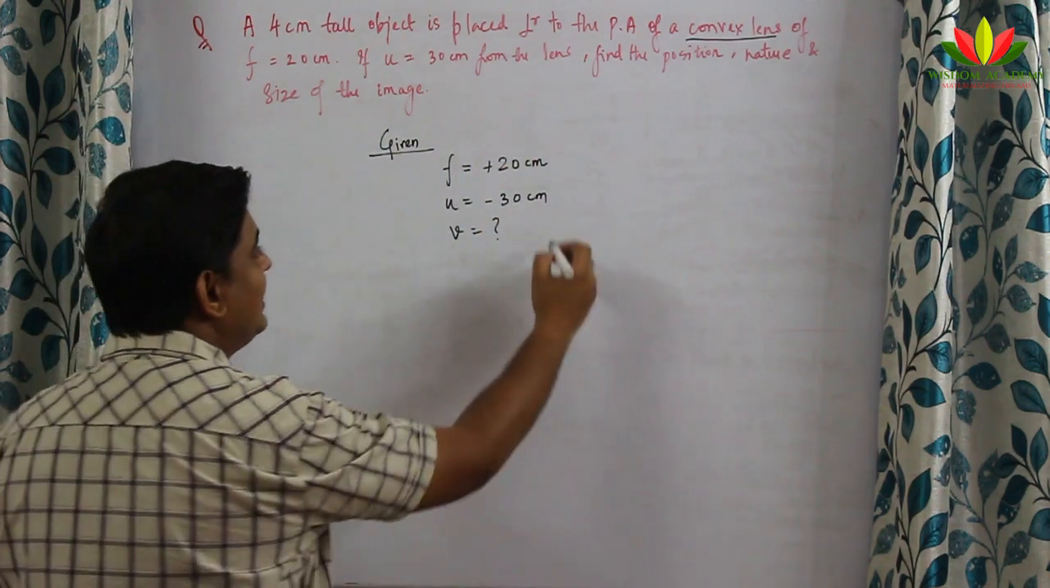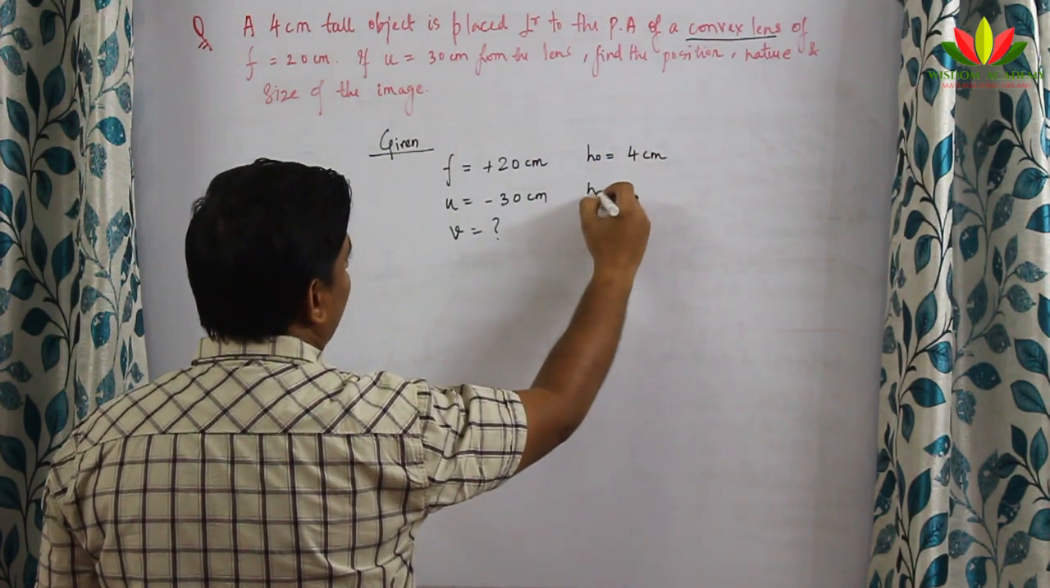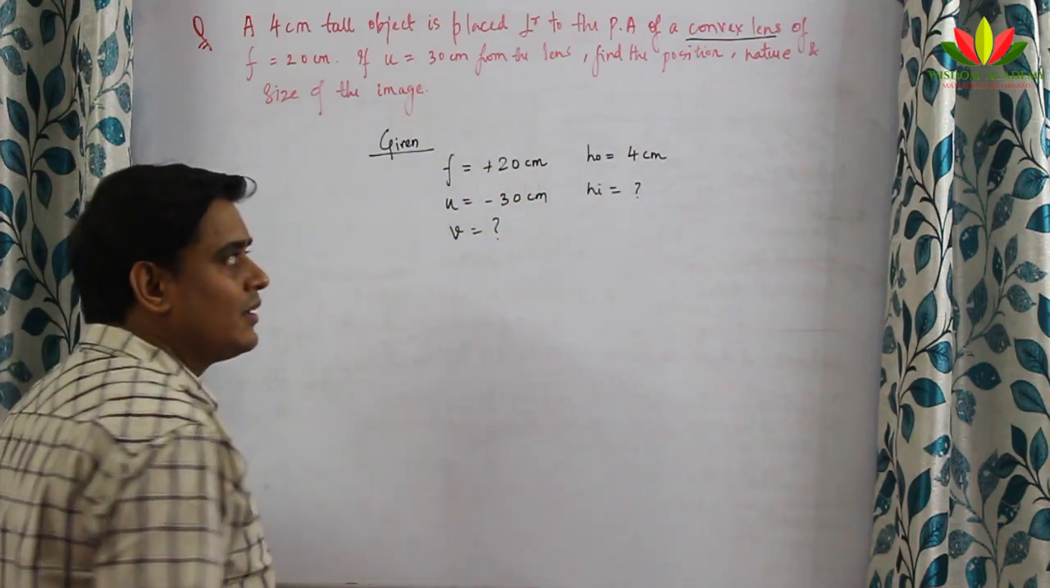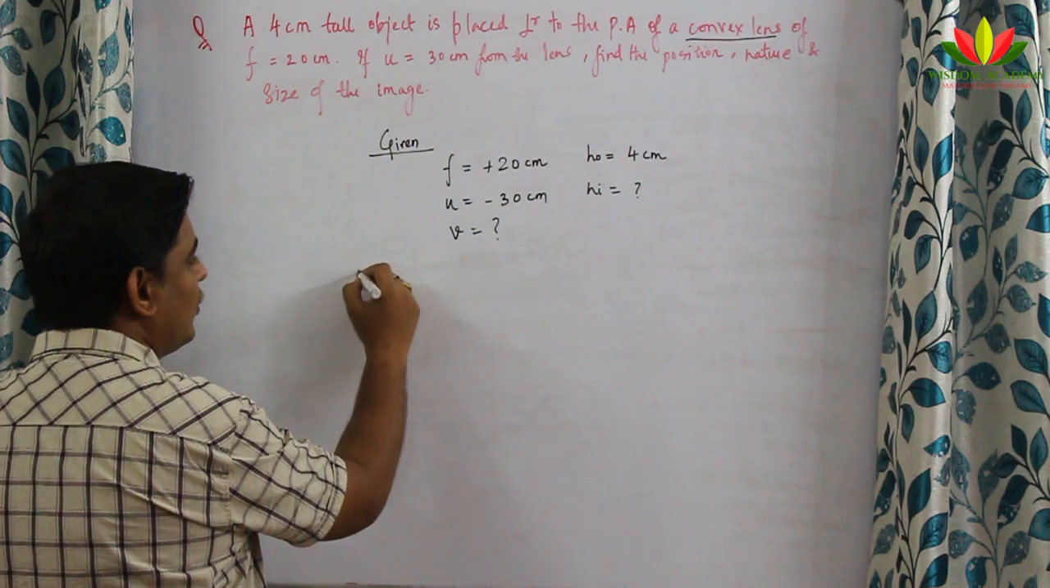What is the height? Okay, height of the object is also given. That is equal to 4 centimeter. Height of the image they are asking you to find. So these two data we can get by using our formula, very easy. So we know that by lens formula